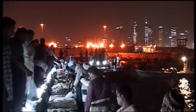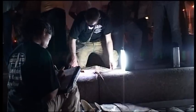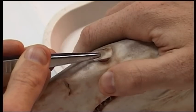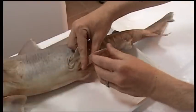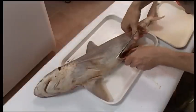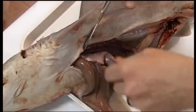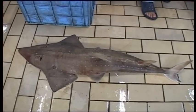Our market teams, led by our scientific advisor Alec Moore, recorded data from over 2,000 sharks. I'm Alec Moore, the expedition scientist. We processed over 2,000 specimens in Qatar's markets. This year's work in Qatar has resulted in even more data than was collected in Kuwait last year. From a shark and ray perspective, the Gulf has been a bit of an information black hole, which we're now starting to fill. They made important discoveries, including proving the presence of species not previously recorded as being in the